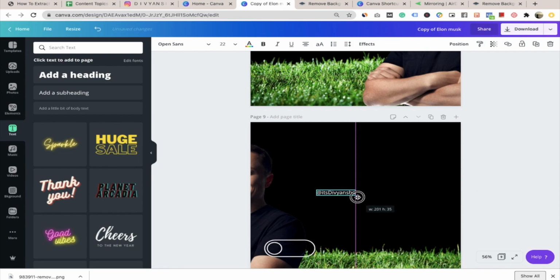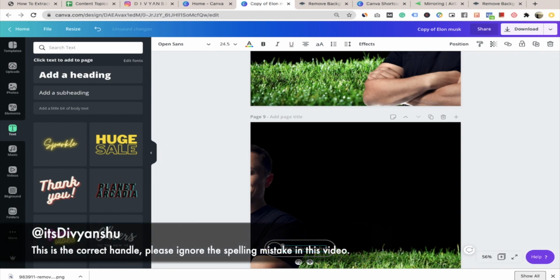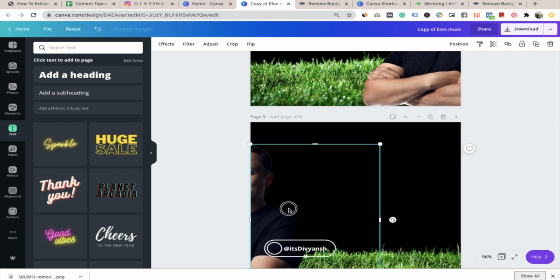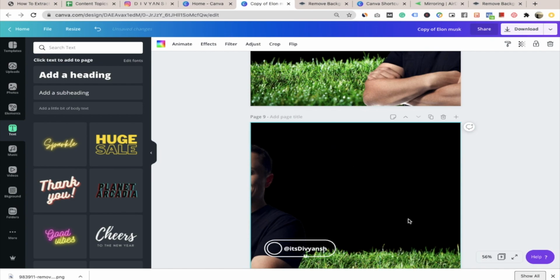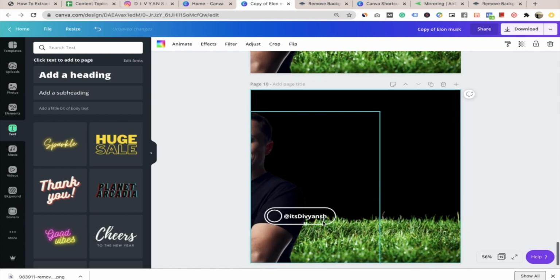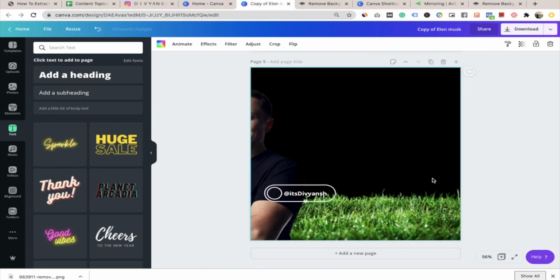You want to make it small, you can do the required changes. Once you are done with the changes, okay, so let me make it bigger. Okay, so make all the required changes. Once you are done, I can make it look bigger as well. Okay, I can make it bold as well. Now if you need to copy it to other pages, so one thing is, whenever you will be copying these pages, this shall get placed on every image automatically right there, so you'll not have to do the required changes.